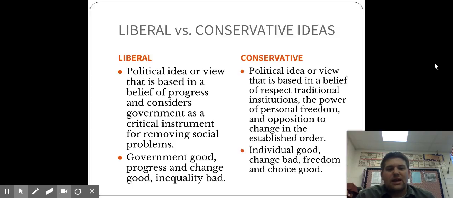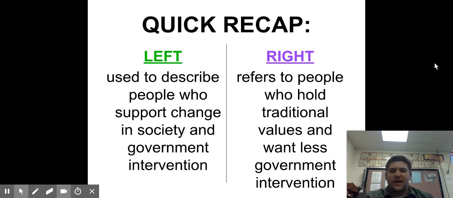Change is bad, and freedom of choice is good as well. So that's kind of our differences between liberals and conservatives. So a quick recap: liberals are on the left side of the spectrum. The left is used to describe people who support change in society and government interaction, while people on the right